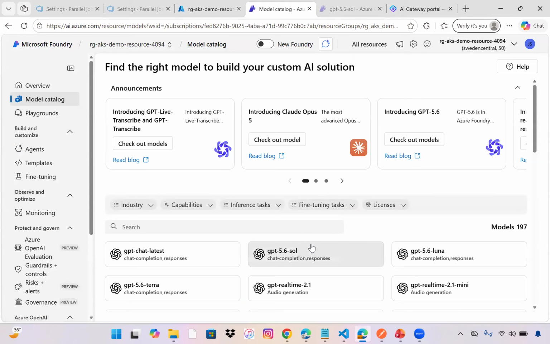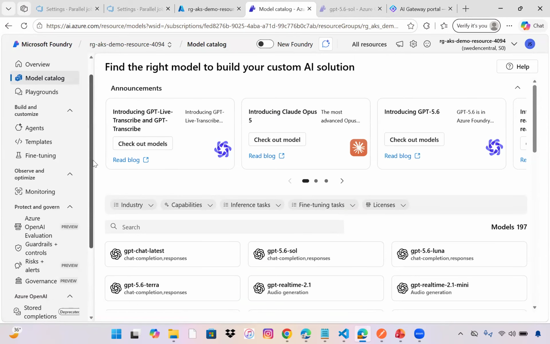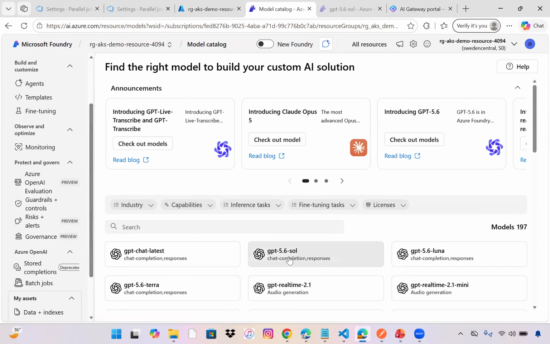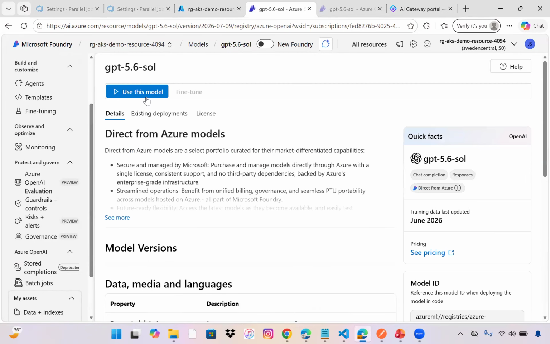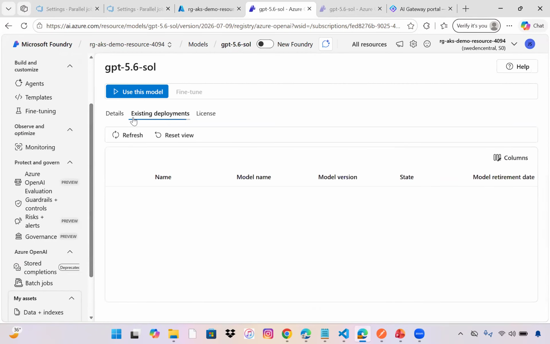I already have 3 or 4 models that I've deployed over here. If you haven't, you can go to one and use this model. If you can see over here, there is no existing deployment, so you can click on use this model, and then you can go to your